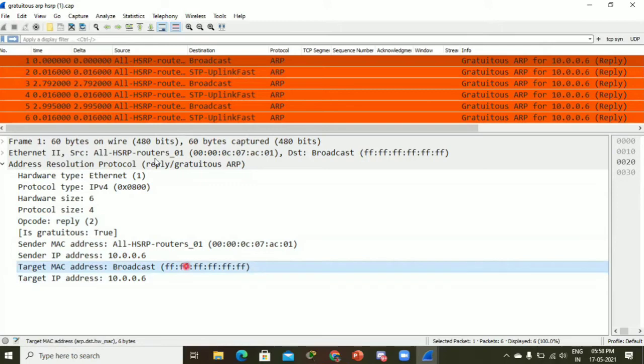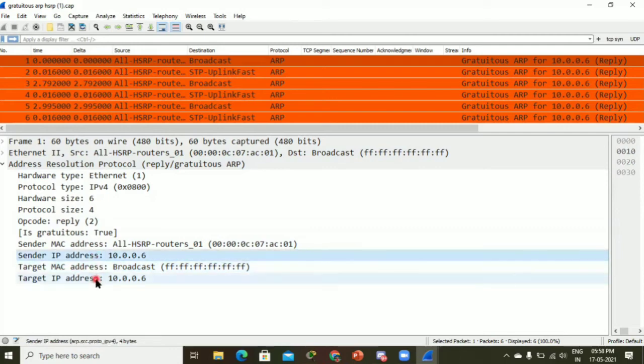Look here, the ARP reply is always unicast, but here in GARP, the ARP reply is broadcast, because now you can see the opcode is 2, so reply. Here you can see the broadcast address, and the sender MAC address and the target MAC address are the same. Okay, so the sender MAC address and the target MAC address are the same, and the sender IP address and the target IP address are the same.